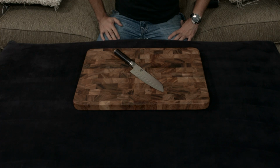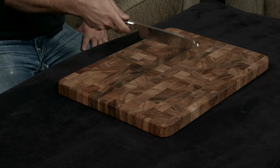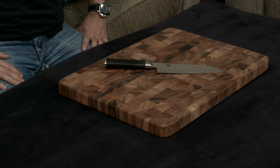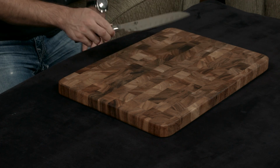So this right here is the 7-inch Shun Classic Santoku knife. The Santoku knife is essentially the Asian chef's knife, so it's meant for mincing, chopping, and dicing, the three virtues as they call it. It's my favorite type of knife. I actually prefer it, honestly, to a French chef's knife. And the whole point of it is that it's meant, again, to mince, dice, and chop, which is the reason